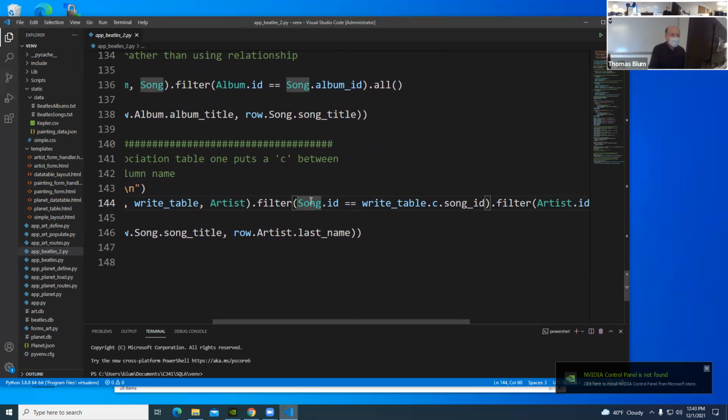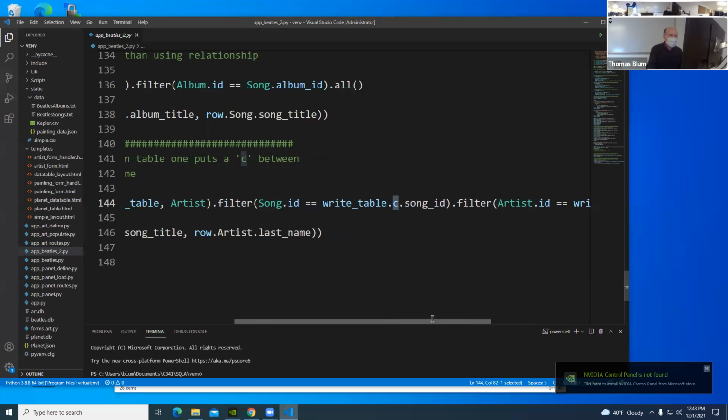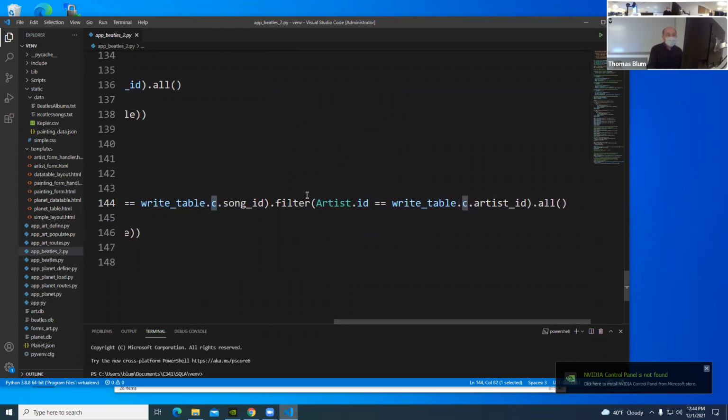And I'm filtering on the song ID equaling the song ID in the write table. And with the write table, you need this extra little C in there. I don't know why, you just do. And then here's the other side relating the artist ID to the write table with a little C ID.